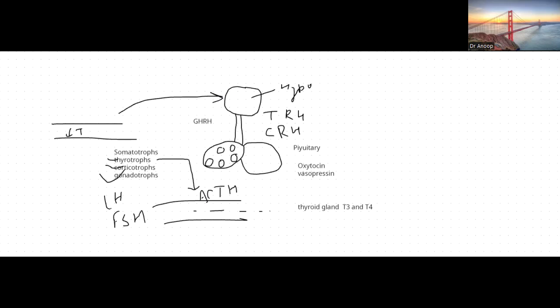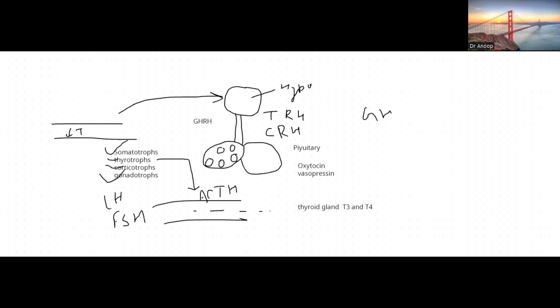Okay. When we talk about these one by one we will discuss them, but this is the basic of endocrine pharmacology. Again, I'm repeating: first we are talking about growth hormone, somatotrophs. From the hypothalamus, what is released? GHRH, growth hormone releasing hormone, which stimulates the somatotrophs. And where are the somatotrophs? In the anterior pituitary, right? These somatotrophs release growth hormone, which reaches the blood circulation and acts on